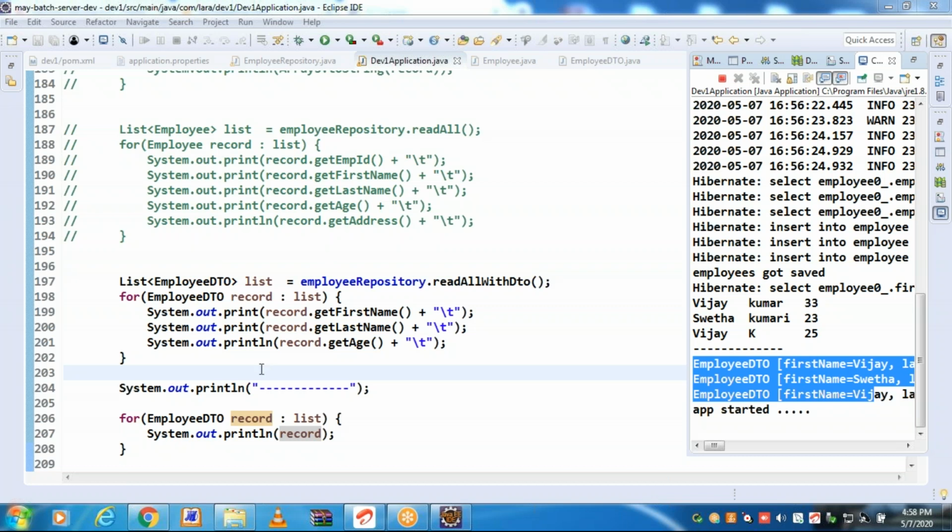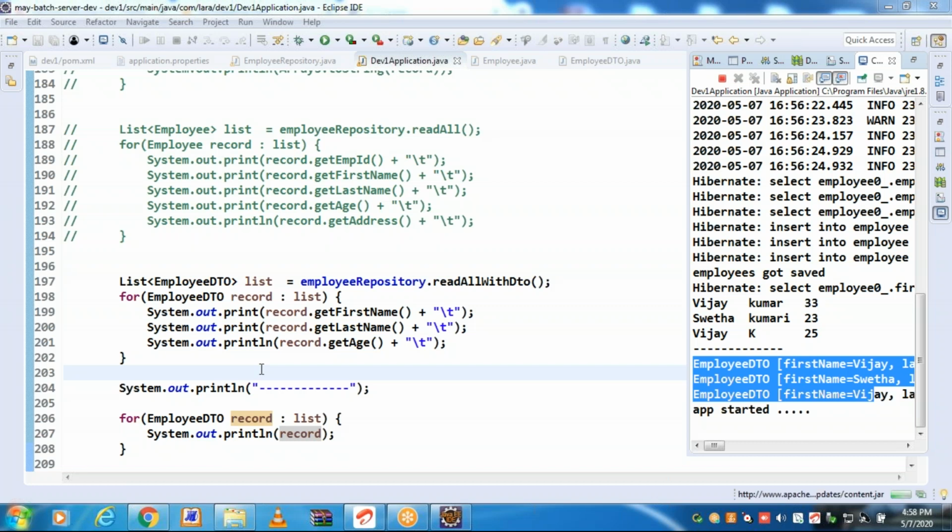In case of DTO, straight away data storing in the object through a constructor. Setter methods are not executing. If setter methods are executing, definitely it will take more time. DTOs are more preferable for the fetching operation.